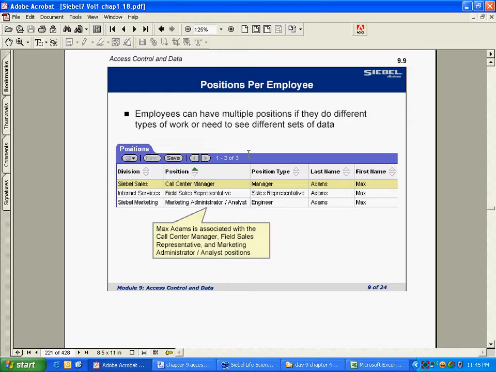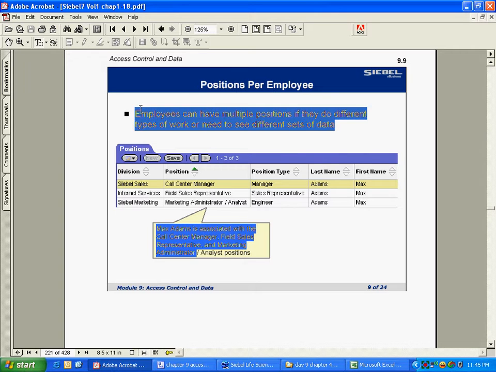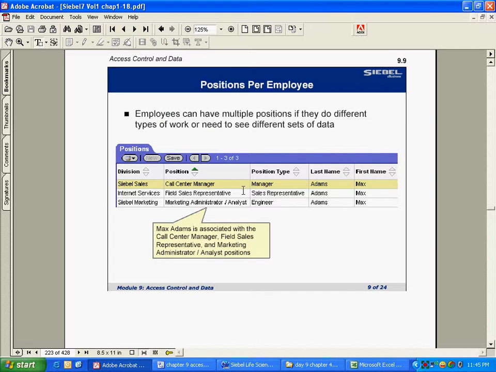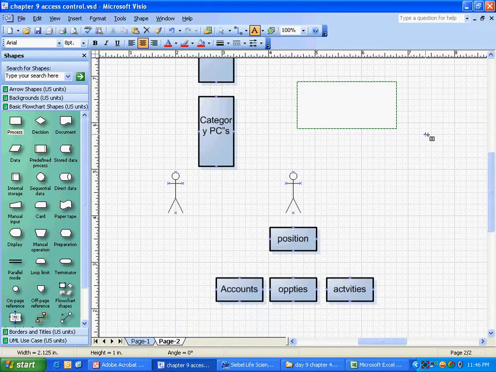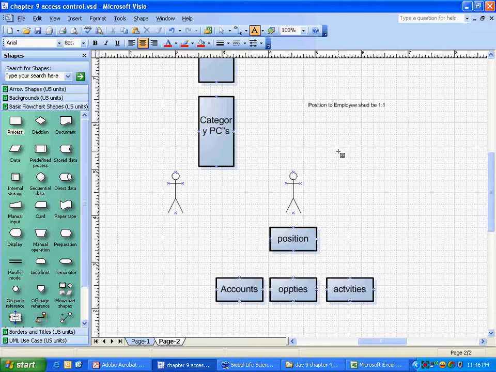Positions per employee. Employees can have multiple positions if they do different types of work or need to see different sets of data. He is saying that employees can have multiple positions also in Siebel. By the way, remember I said the position to employee relationship should be one to one.